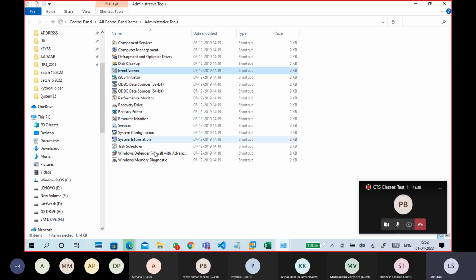If you want to do something with the event viewer, computer management, disk management, service management, or local users, you can open them from here, but it may be a burden to go one by one. There is a simple shortcut to open particular things, so we can use it like that.